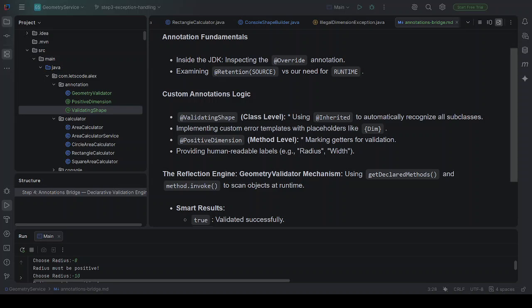Today we are building a crucial architectural bridge. We are moving away from writing messy imperative checks and shifting toward the declarative approach. If you ever wondered how annotations like service or value work under the hood in Spring Boot, this video is for you. In this step 4, we will inspect the standard JDK override annotation to understand the basics of metadata,